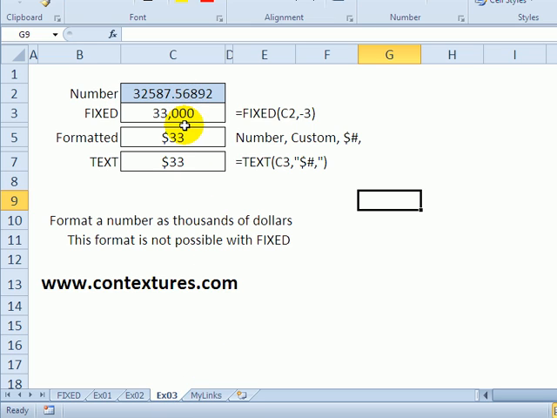And in this third example, in some charts or big tables, you might want to show the numbers formatted as thousands of dollars. So instead of showing all the zeros, we just want to see the 33, and in a note on the chart or in the table we could say thousands of dollars. So here's the number, and with the fixed function we can round it to thousands, but we can't drop those